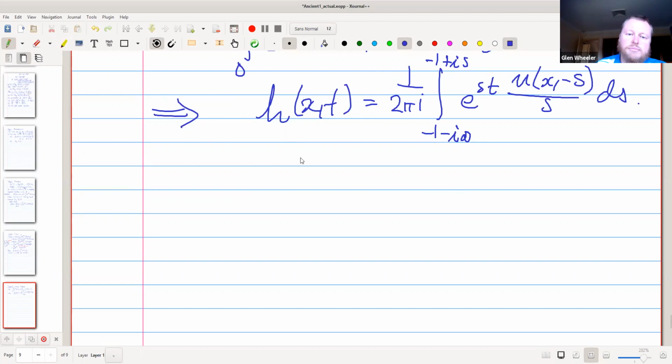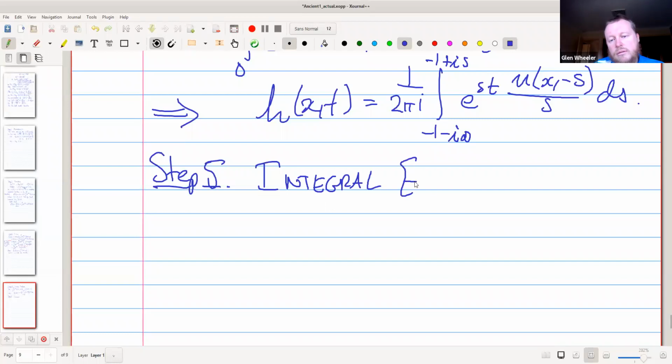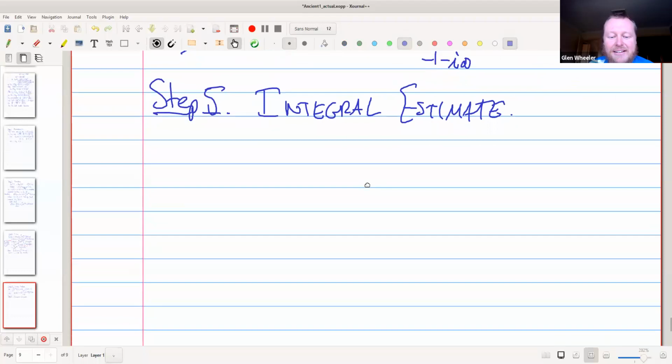All right, now let's go for step 5. This is called integral estimate. One of my favorite things to do, at least, integral estimates. And now let's just